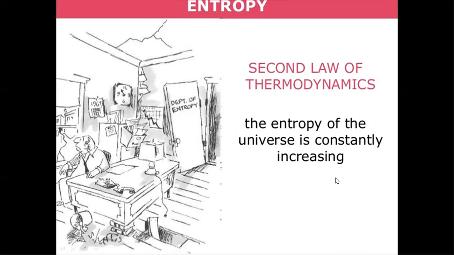That means the heat is produced by the sun. The temperature of the sun is more than the planet's temperature, so it will be expanding. So entropy has been expanding for so many years. So this is about entropy.